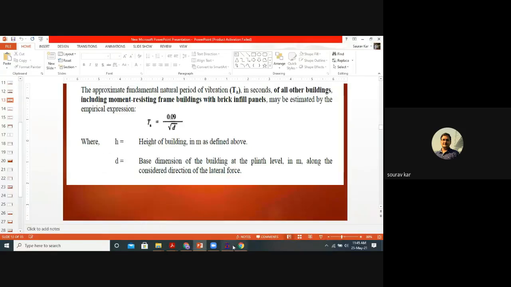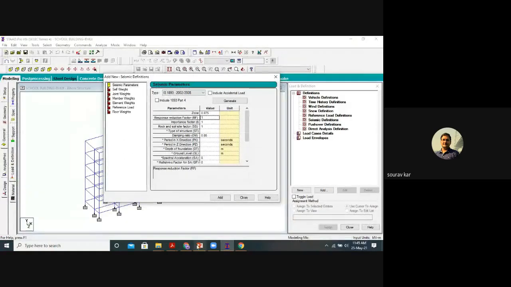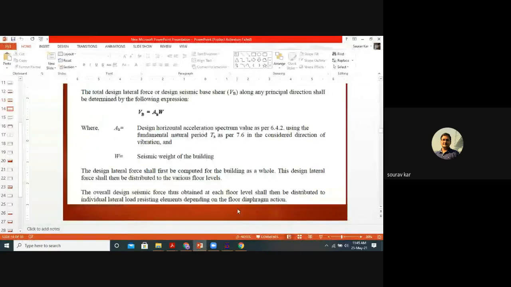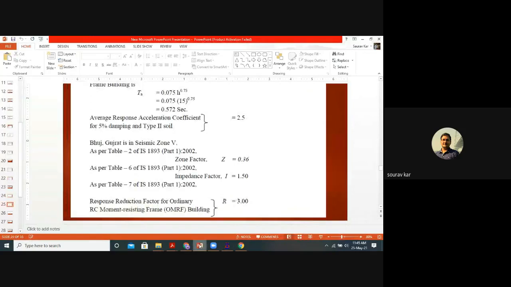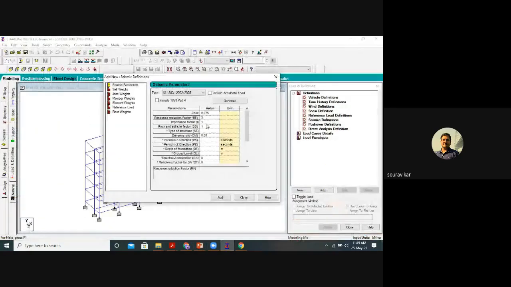So coming to this STAAD file again, now response reduction factor R is 3, importance factor they have taken 1.5. The zone is very important. Instead of putting values here, we can also generate.